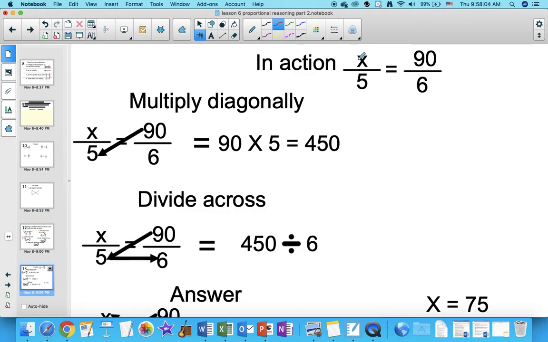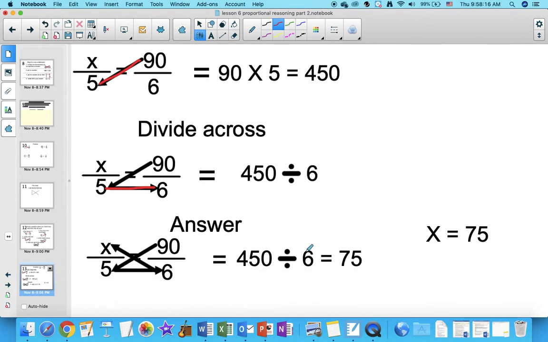So let's take a look at this in action. We have our x. We start here. So we go 90 times 5, right, which gives me 450. Then we divide across. Then 450 divided by 6 gives us our answer, right? 450 divided by 6 is 75. So 75 should be our x,